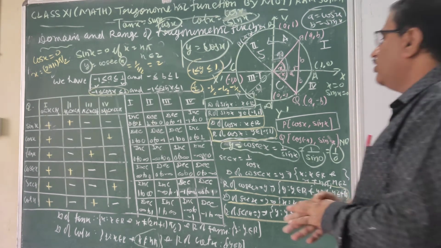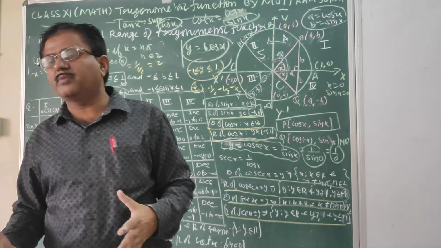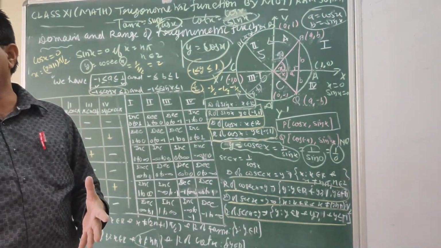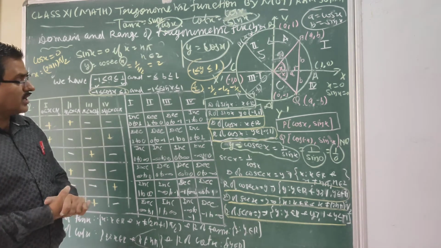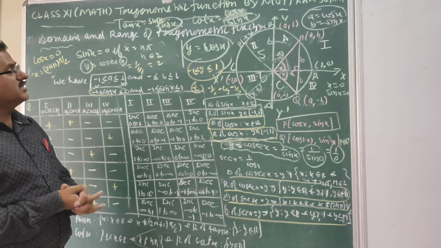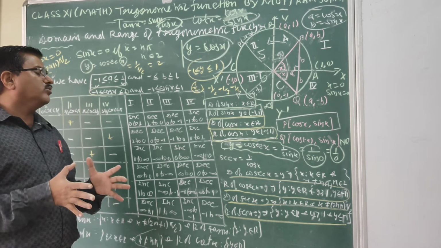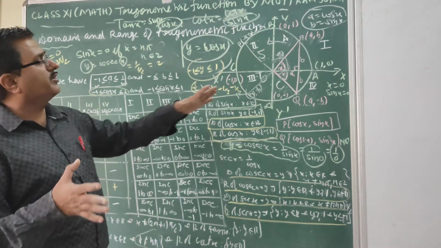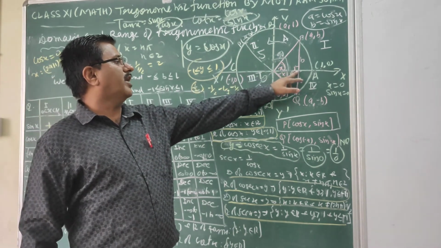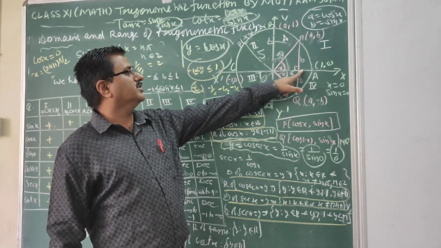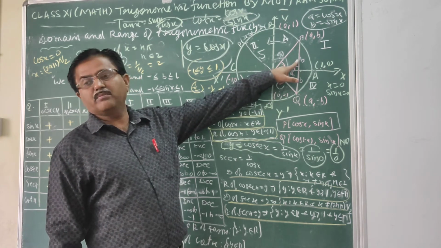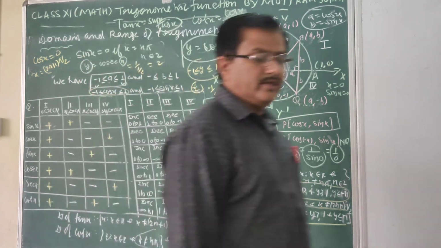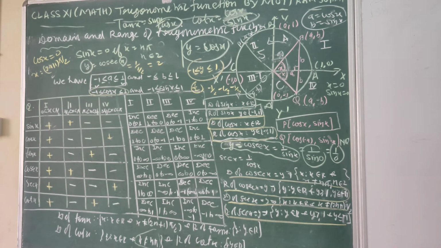So this is all about the domain and range of the trigonometric functions. Later on you can also see your textbook, and you can easily understand. Now, how do we see in which quadrant any particular function is increasing or decreasing? In 9th and 10th class we already know trigonometry. In the first quadrant, if you take x as 0, sin 0 is 0, then pi by 6, that is 30 degrees. In 30 degrees sin is 1 by 2, and similarly you can take sin 45 degrees as 1 upon root 2.